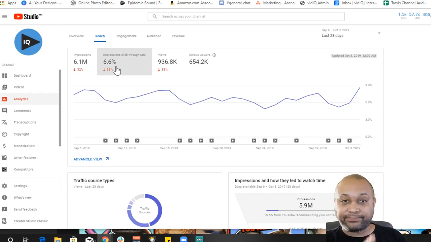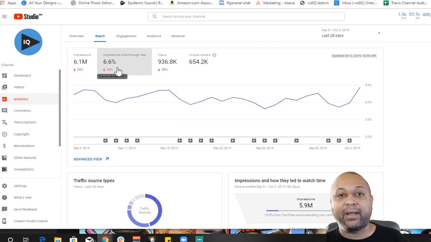Your niche, though, might dictate a slightly lower or higher click-through rate. You won't really know this information until after you've been doing it for a while, so don't be heavily impacted if someone else tells you that their click-through rate is higher than yours. Every niche is a little bit different, but it's something to be aware of, always trying to push your click-through rate a little bit higher.